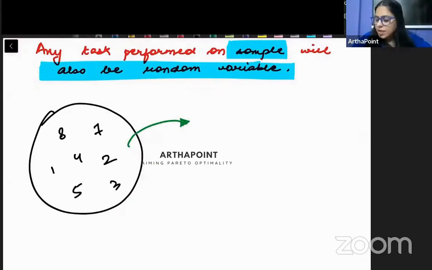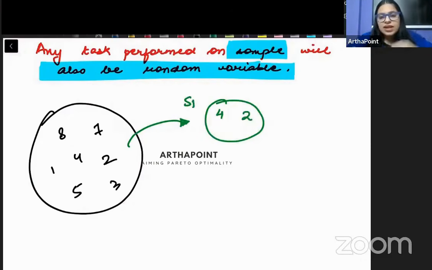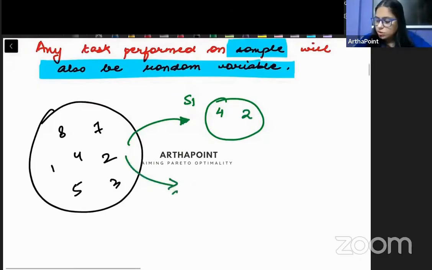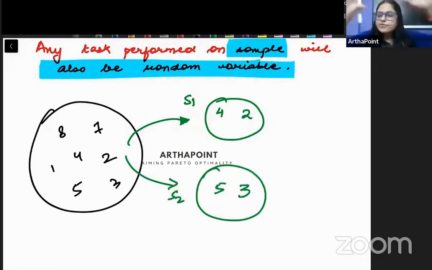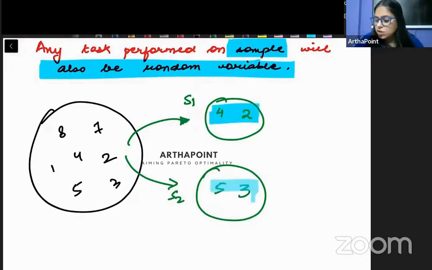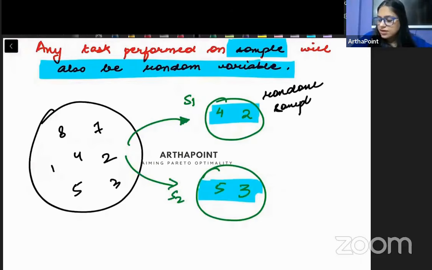So you said, okay ma'am, we have collected the sample S1 और ये जो sample है ना, it consists of observation 4 and 2. Then I asked student number 2, beta go ahead and create a sample. So student number 2 created a sample and he collected number 5 and 3. So different students have collected different samples. यहाँ पे जो numbers आएंगे, it will absolutely be random in nature. आपको कुछ और मिलेगा, मुझे कुछ और मिलेगा. So there will be random numbers that will be collected. So it is a random process.